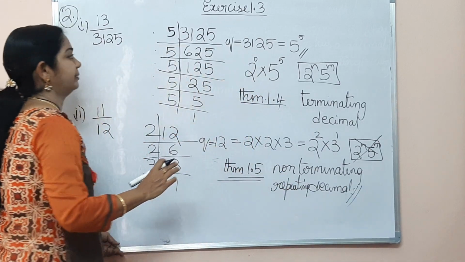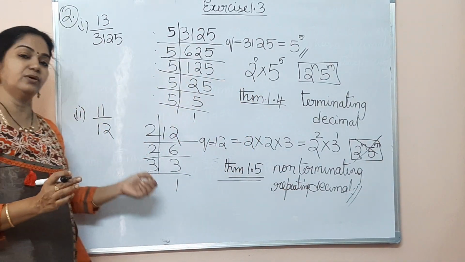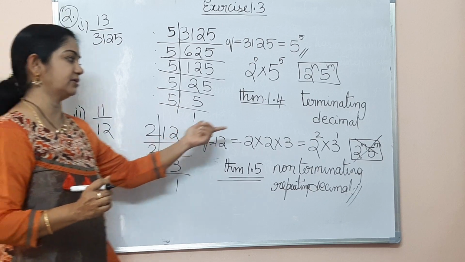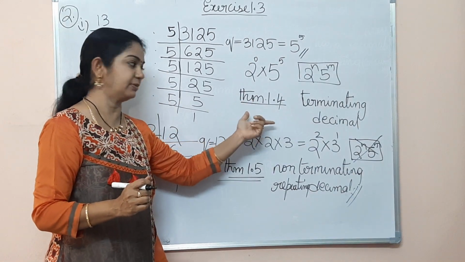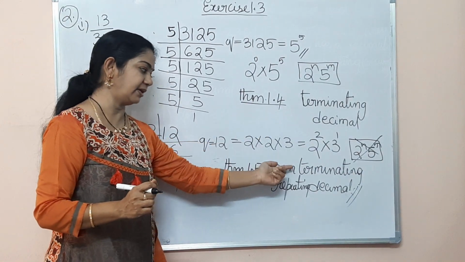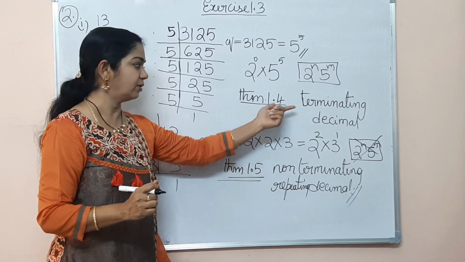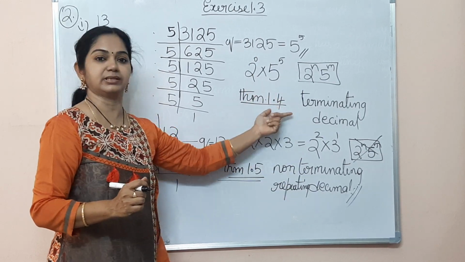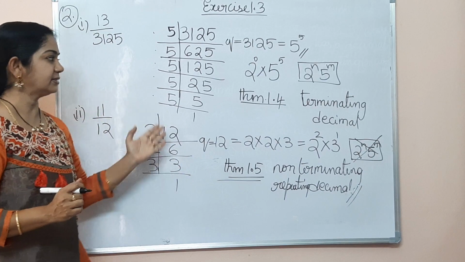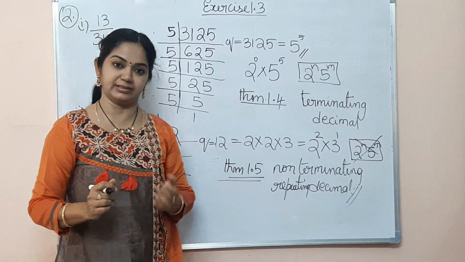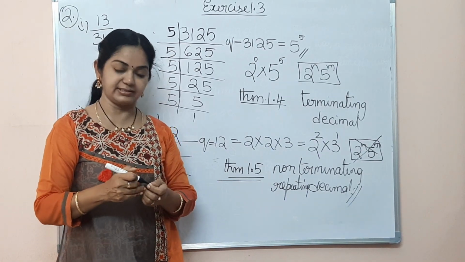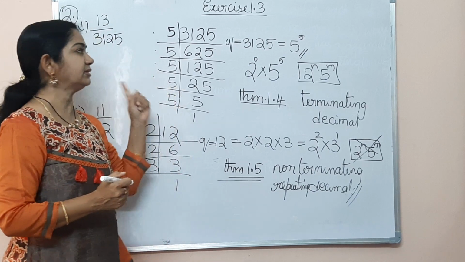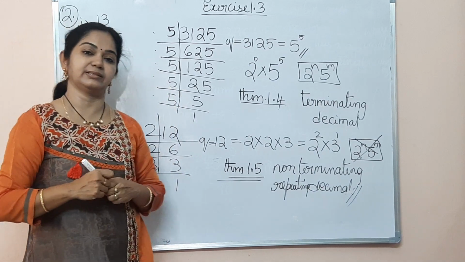So like this, problems on non-terminating repeating or recurring decimals. In exam they'll be asking such questions for 1 mark. We have to mention the theorem. No need of writing the statement. We have to mention the theorem and write non-terminating repeating, or if it terminates, just write terminating. So like this, a few problems are there in your exercise. Do the problems, practice them well. The exercise is based upon these three theorems only.